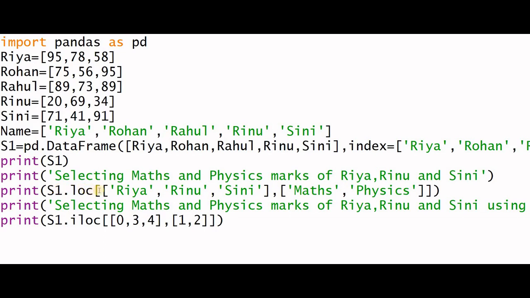If we are using LOC, the list of row values will be given first, then put comma, the next list containing the column labels. And if it is ILOC, we will use the index values, positional index values, that is integer values. The first one will be the row index values and second one will be the column index values.